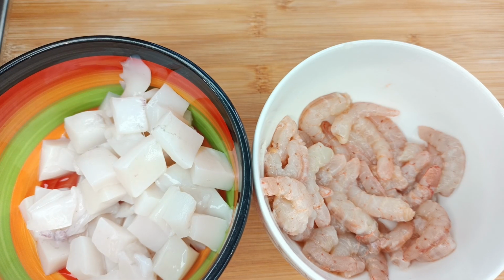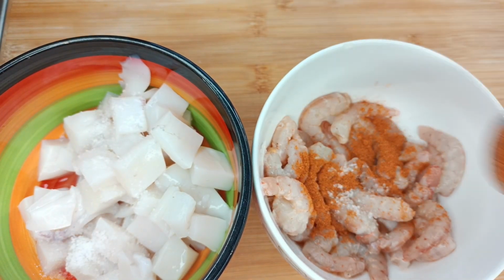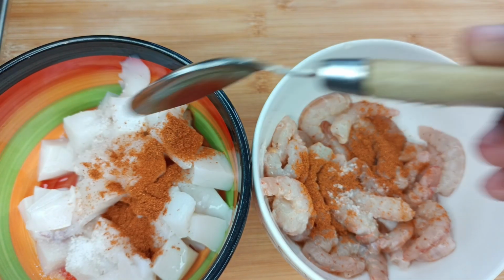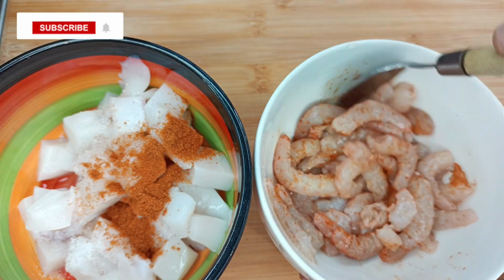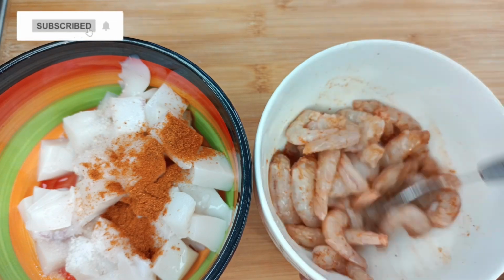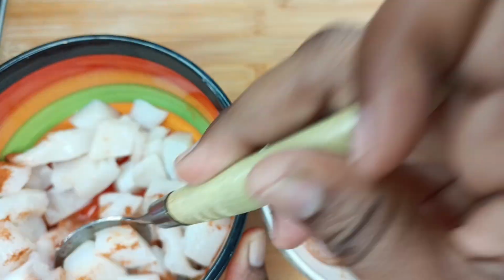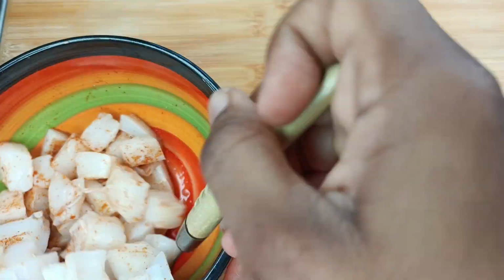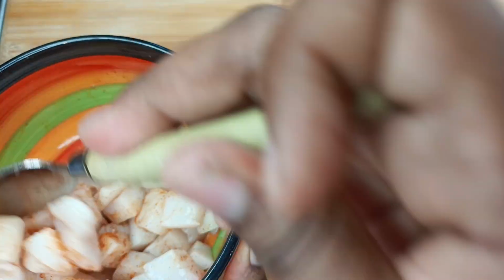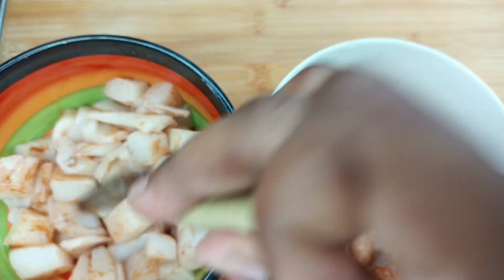So I'll begin by seasoning my seafood, my shrimps and octopus, right? I've cleaned them nicely. I'm just going in with some salt and pepper and then mix all of them up together nicely and then leave it for about 10 minutes and then we'll go ahead and start our fried rice. With seafood, you want to be very careful with the salt you add, and you also don't want to leave it sitting for a very long time, or else it will become too salty